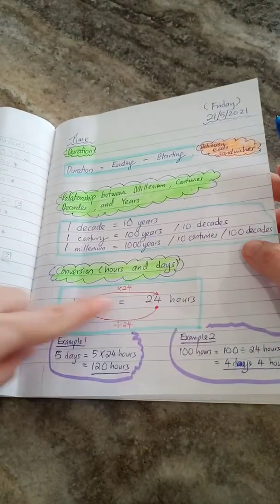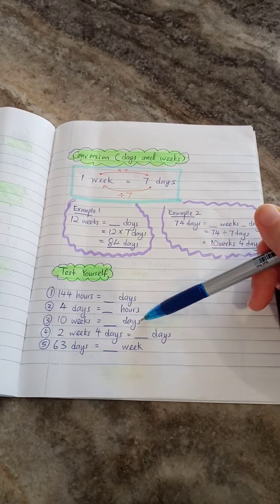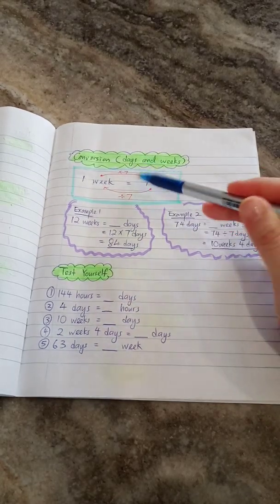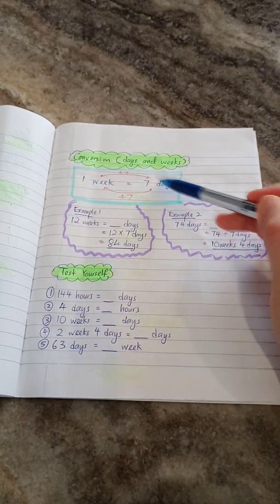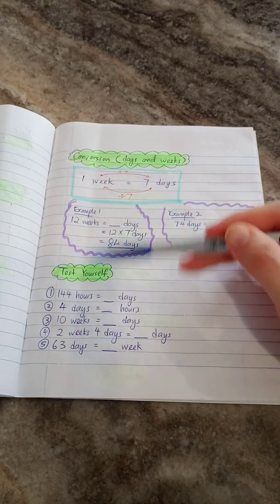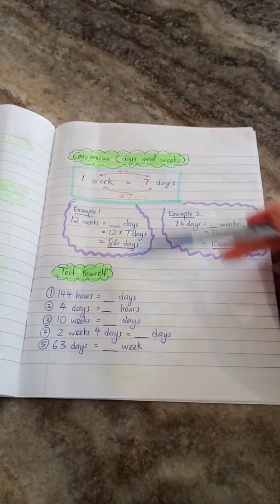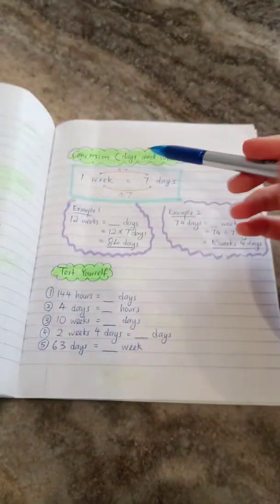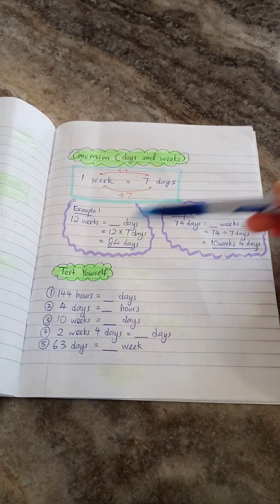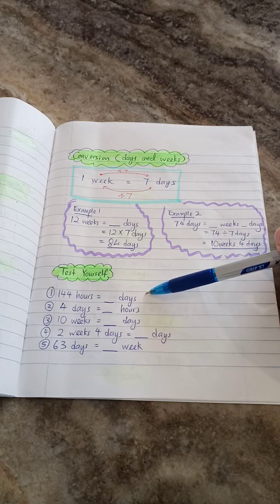1 day equals 24 hours, so times 24. Weeks to days, times 7. Again, weeks to days times 7. And number 5, days to weeks, divided by 7. After copying the notes and examples here, I want you to answer the 5 questions. And I will show you the answers